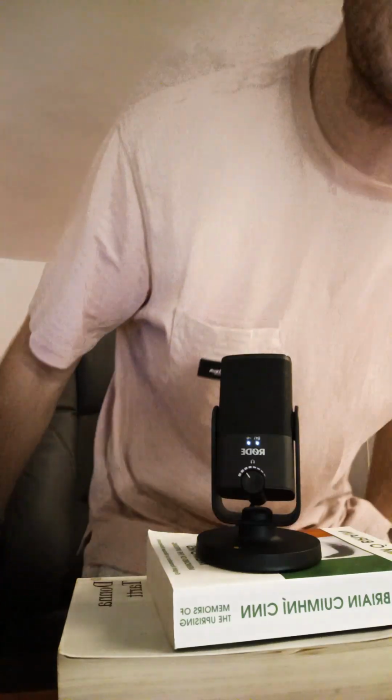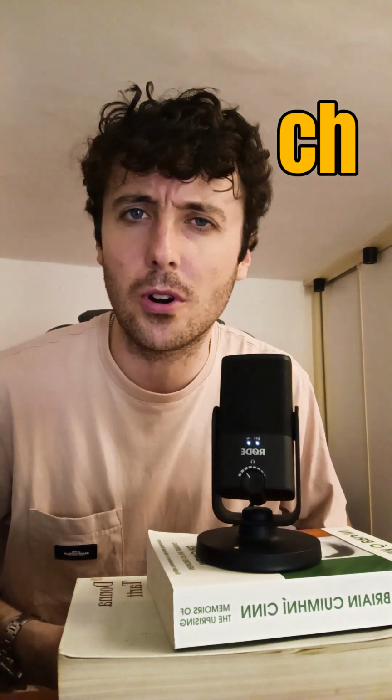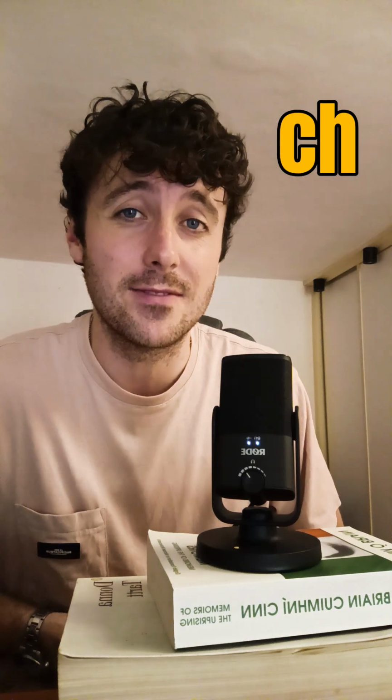Nowadays, in modern Irish, there's a bit of debate around how this should sound. Is it the same as a C? Should it be more of a K sound? Should I be using my throat more or less? Listen, it's definitely not the most important thing in the language, but it's always nice to sound a bit more natural and fluent. Here are a few tips and a few things that I use to get the CH sounding